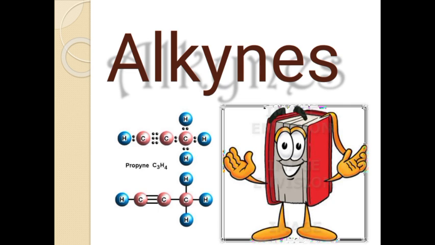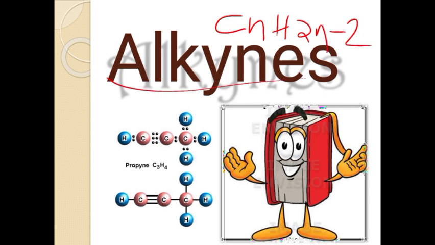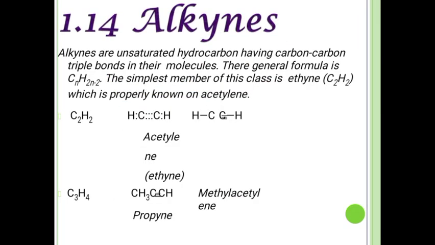So, we have successfully reached the end of the chapter. We have almost completed alkanes and alkenes. So we'll move to the next member of hydrocarbons, that is alkynes. What all things do you know about alkynes? Alkynes have the general formula CnH2n minus 2, and are unsaturated compounds which contain a carbon-carbon triple bond. These things we have studied in our lower classes. We'll see more about alkynes in this class.